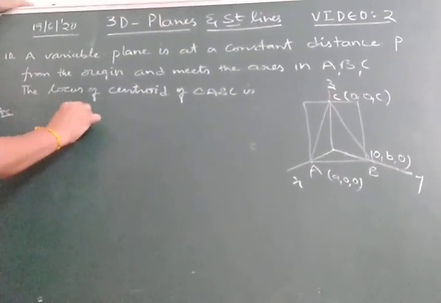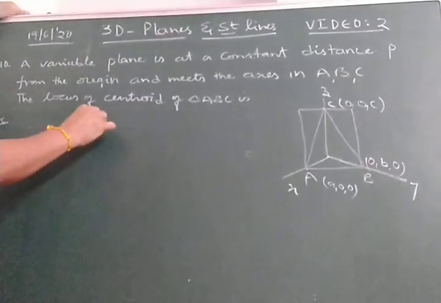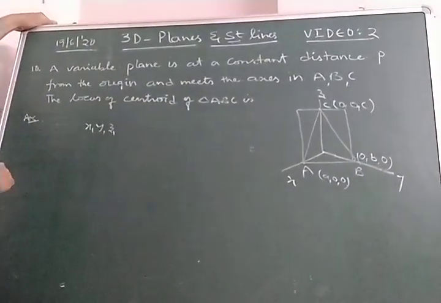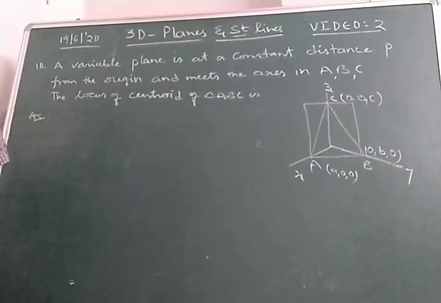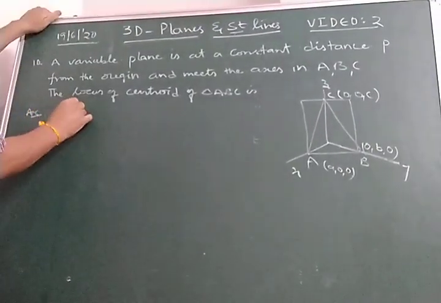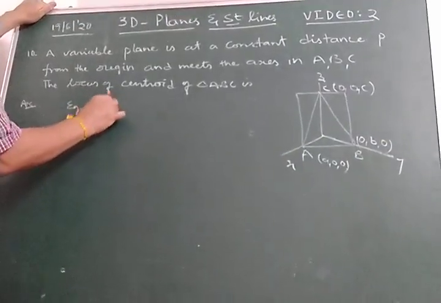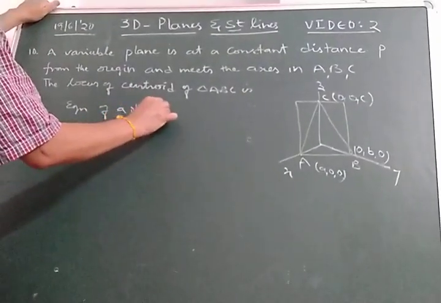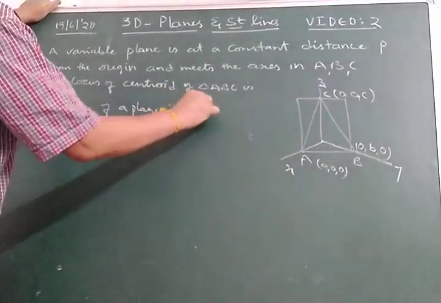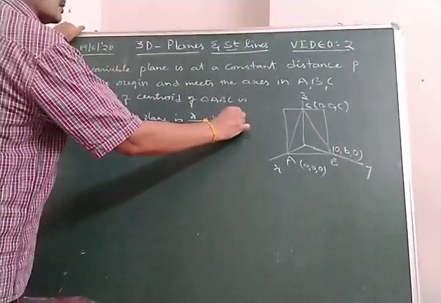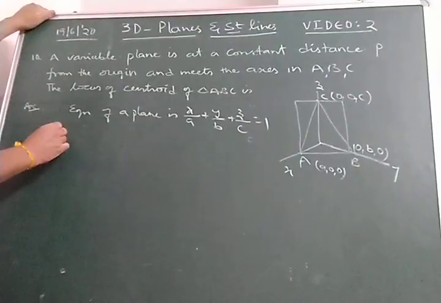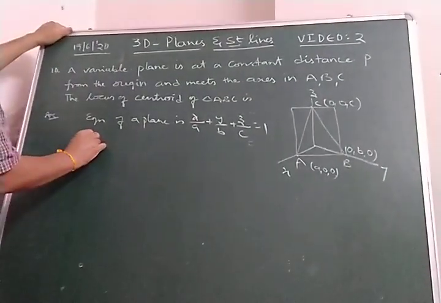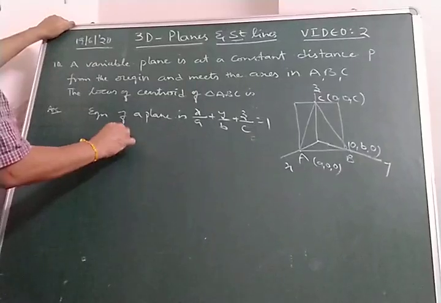The equation of the plane is x by a plus y by b plus z by c is equal to 1. Now the centroid (x1, y1, z1) is equal to